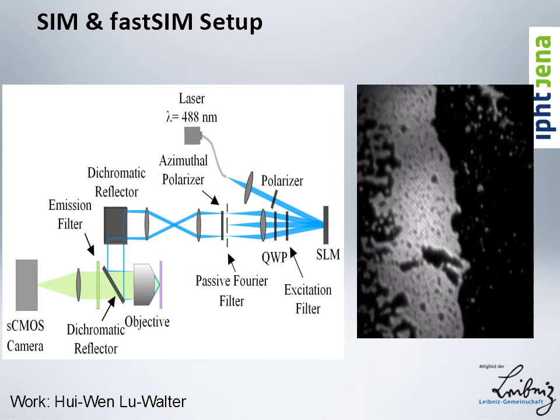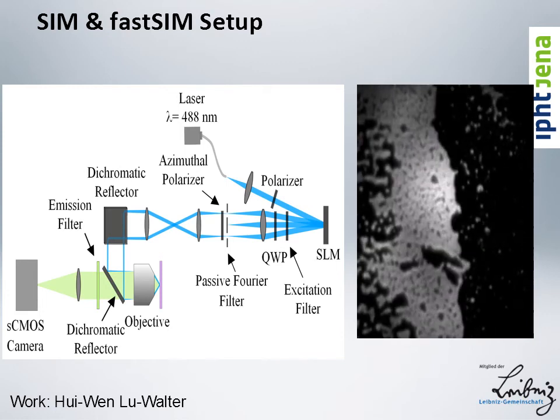And then we had an azimuthal polarizer that made sure that the polarization is always azimuthal. This means that when the beams are interfering, the polarization is like I point out with the laser pointer here, going into the plane of the blackboard, or the paper plane basically. So the electric field is like this and this, so that it can always perfectly interfere here. But when you're illuminating from the other direction, then of course it would be like this and this, so that when it interferes here, it also perfectly interferes. Otherwise, you have a problem with these very high angle beams. They might not interfere so well anymore if the electric field vectors point orthogonal,